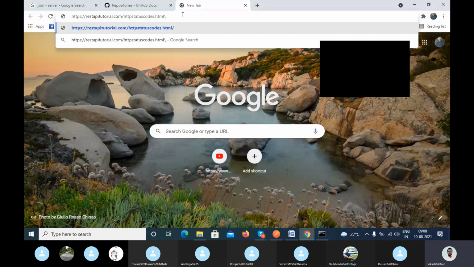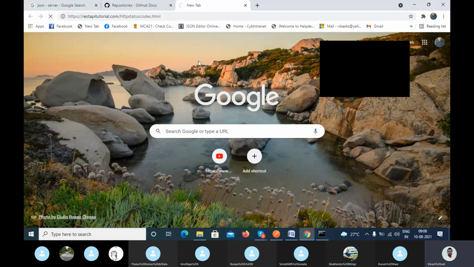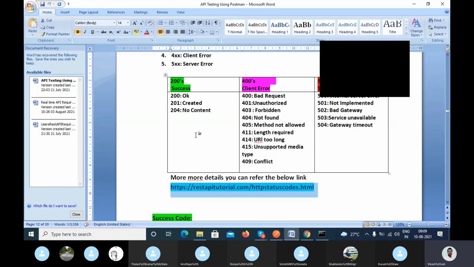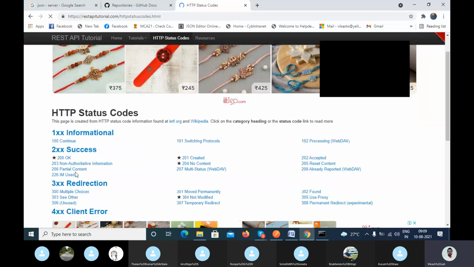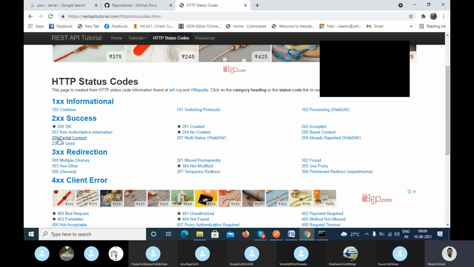In the document I have provided the URL to check the other status codes. Yes, we also have 206, partial content. You can see what is majorly used in REST APIs in real time: 200 OK, 201 and 204.